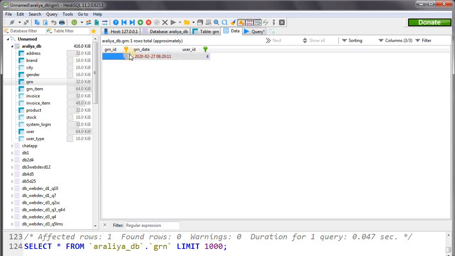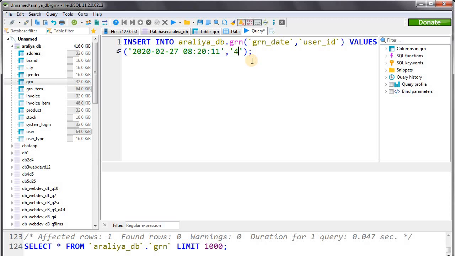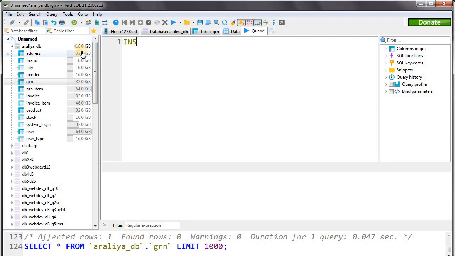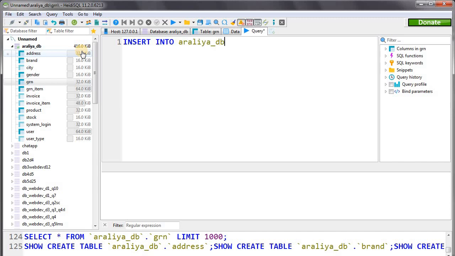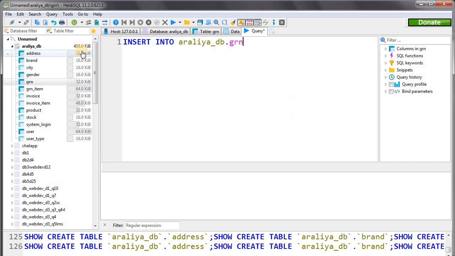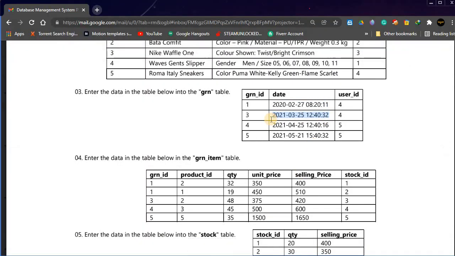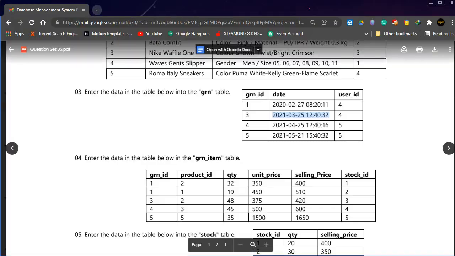Here you can see there's a single record in our GRN table. Now we can use this query to enter the details. Okay, insert into AraliaDB and GRN table, and the second data set is this date and user ID is number 4.